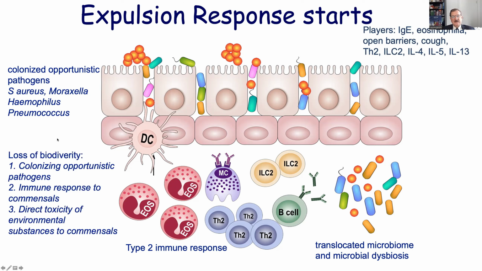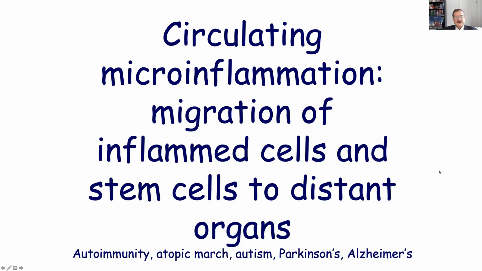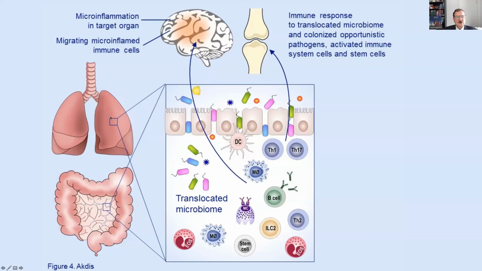And the biodiversity decreases for 3 reasons. The first one is colonizing opportunistic pathogens. The second one is immune response to commensals. And the third one is direct toxicity of environmental substances to commensals. So all of them are taking place. And then there is an autoimmune reaction taking place at the same time. Immune response to commensals, mainly to Staph aureus, becomes very dominant in these patients. So circulating microinflammation is an important concept that you are now learning, maybe hearing for the first time, but it is quite important. Now, if you focus on this section of the lung or on the section of the gut,